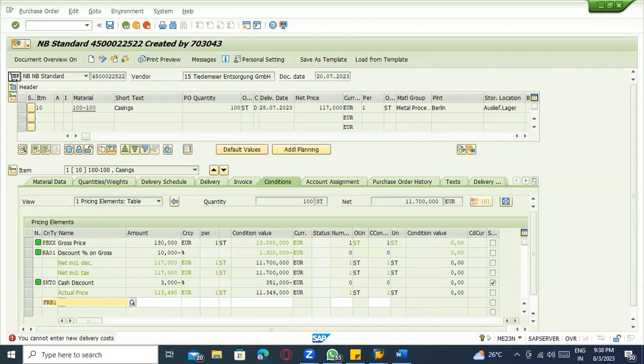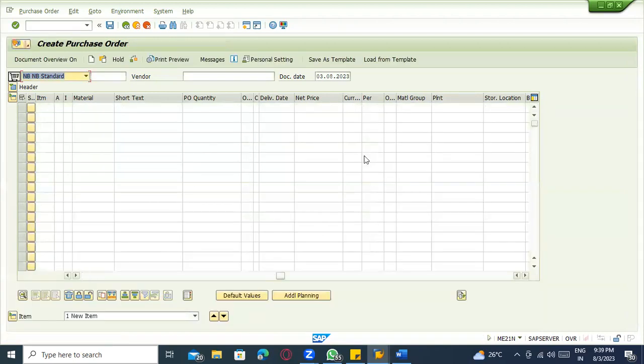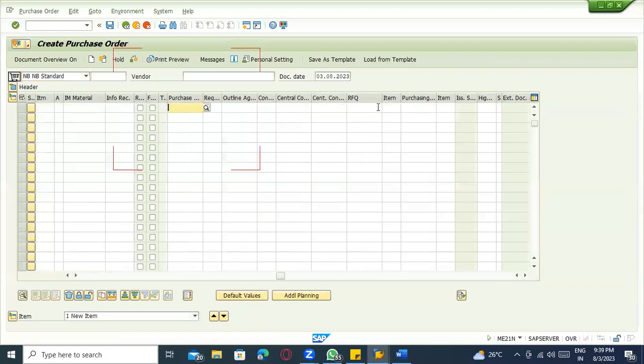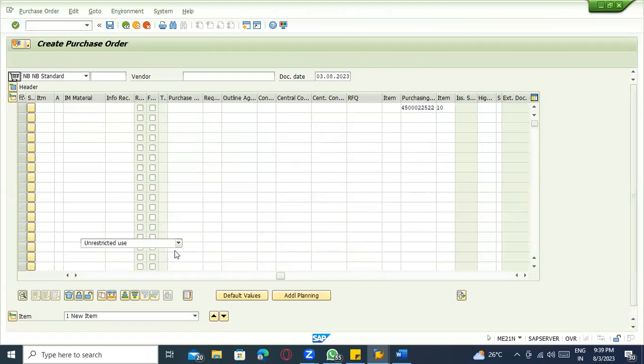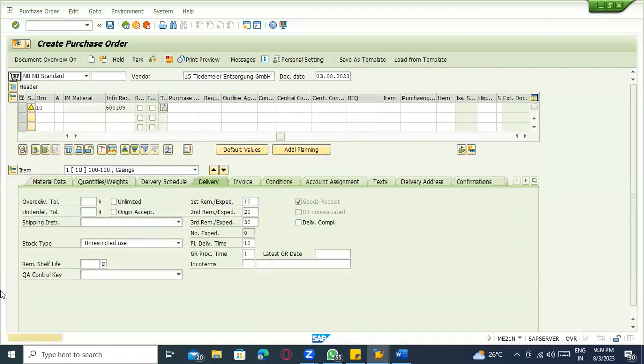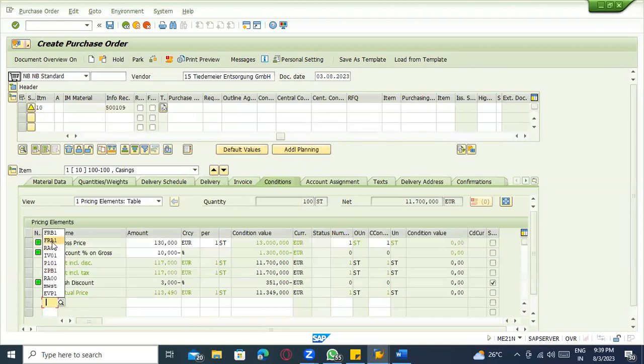I'll just copy this one and here. Okay, so if I maintain the freight, let's see if it is FRE1.